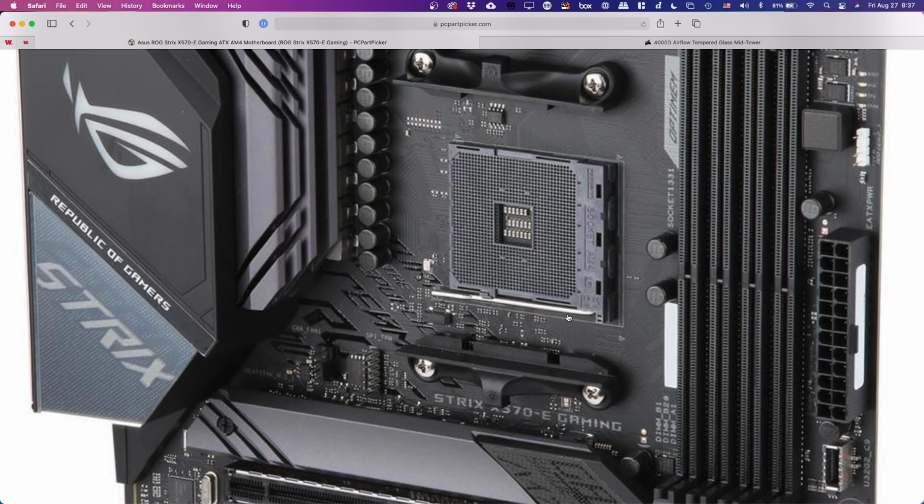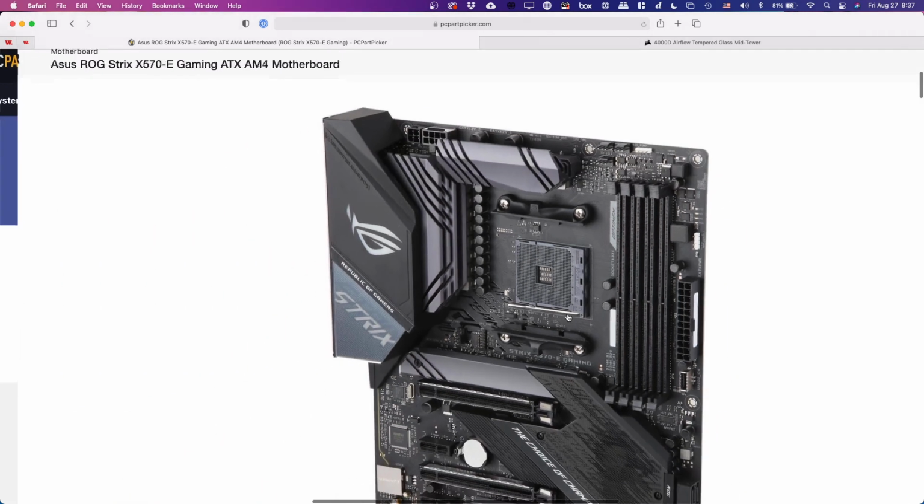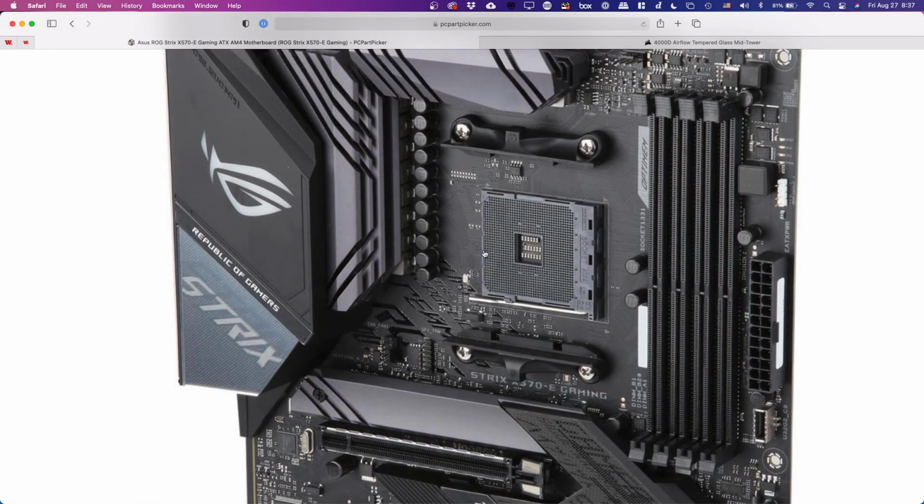Yeah, the pins are on the board, and the processor has little gold pads on the bottom instead of holes. And then those make electrical contact. AMD is going to switch to that kind of design with their next chip packaging. A little different, but that's okay. All right, so that's where the processor will sit, and then the heat sink, the fan thing that we picked